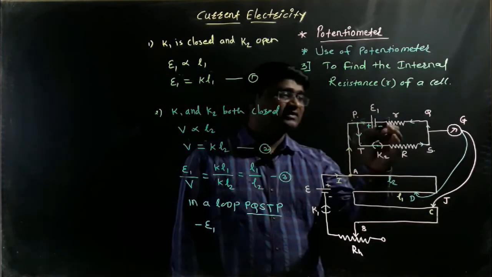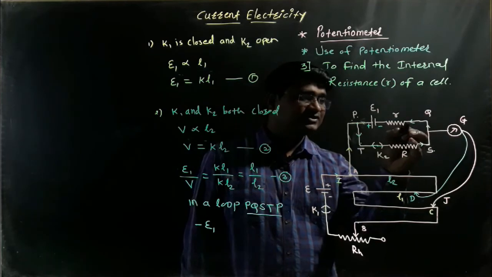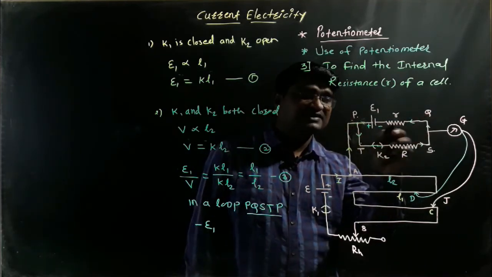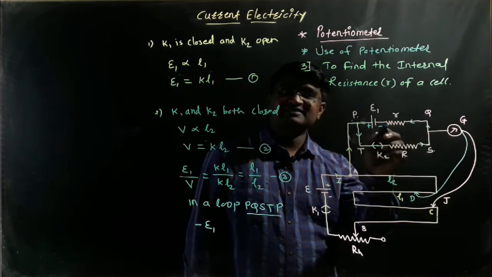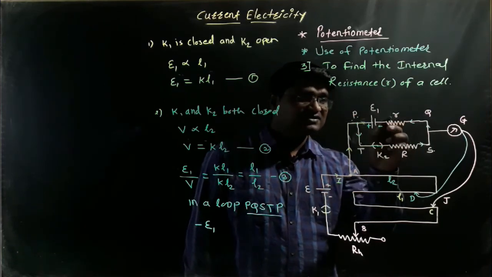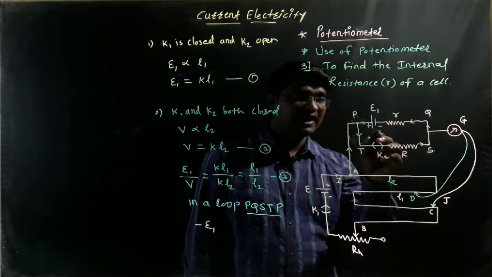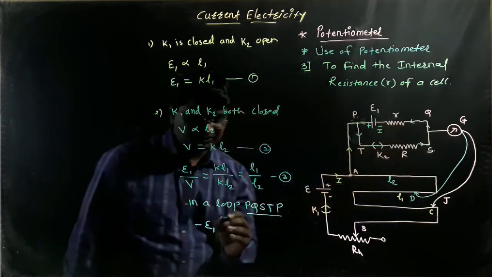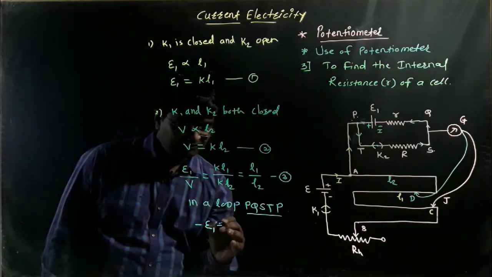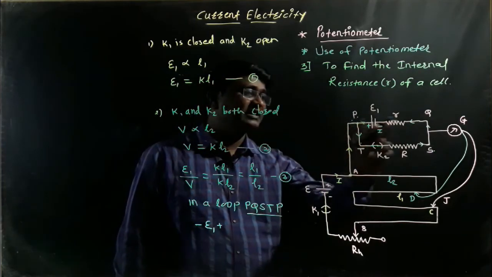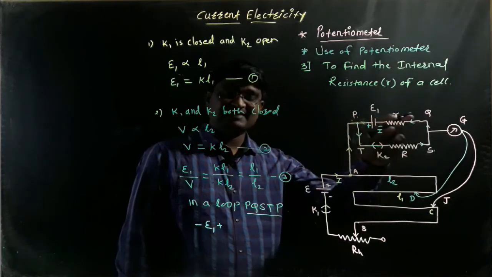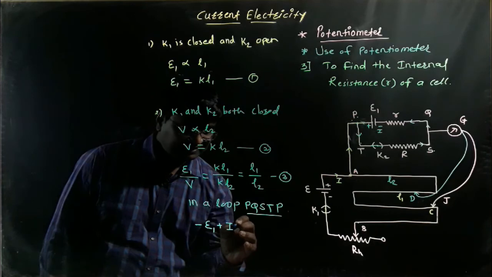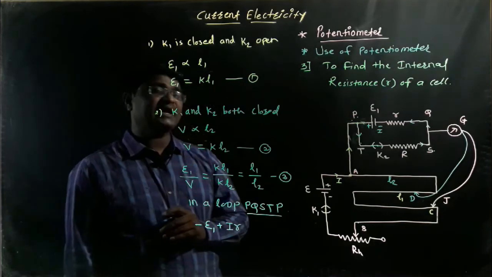Okay, so after that, this is the direction of electric current, and the direction of tracing from P to Q is exactly opposite to it. Their resistance will be denoted by small r, and I is the electric current passing through the total circuit. Its potential will be positive, because the direction of electric current and the direction of tracing are exactly opposite. So with I the electric current and the resistance R, we get IR.